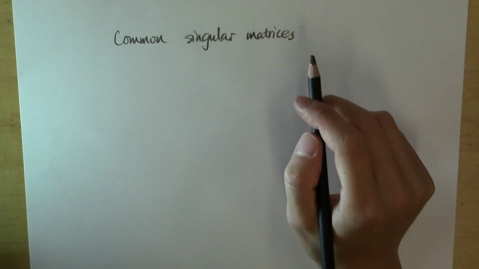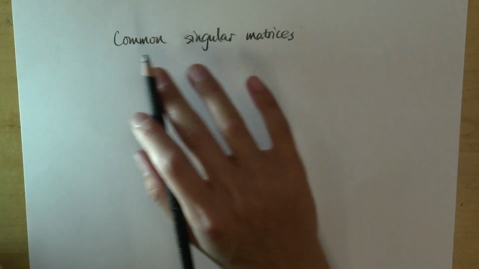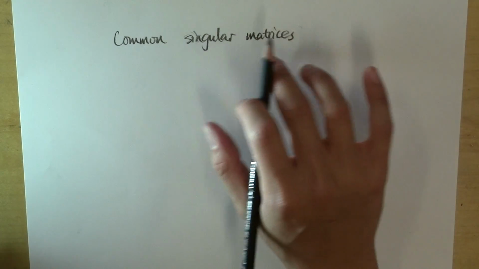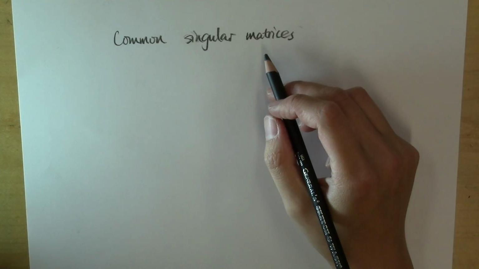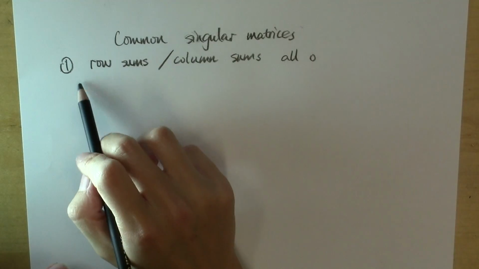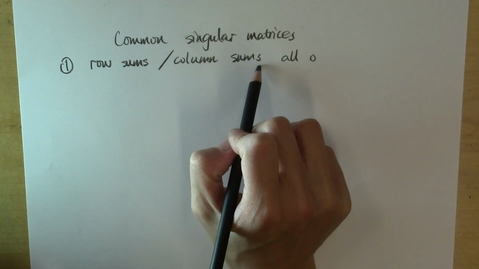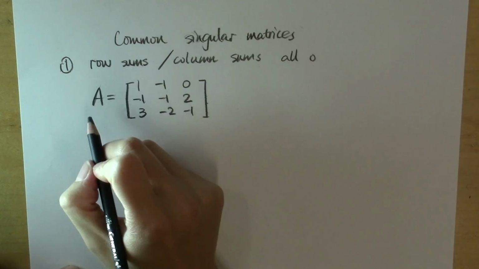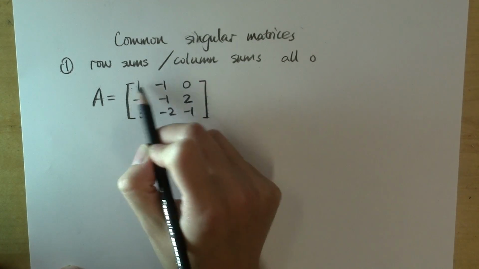For some low-dimensional matrices, there are some quick tests that you can often do to recognize some very commonly seen singular matrices without trying to reduce those matrices to reduced echelon form. The first type of such matrices are the ones that have all the row sums or all the column sums equal to 0. For example, this matrix A has the first row, all the entries adding up to 0, all